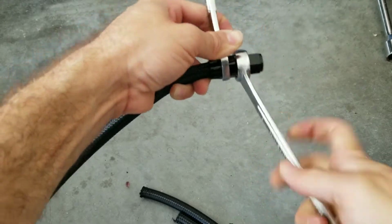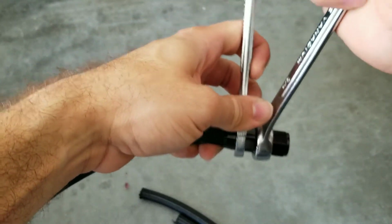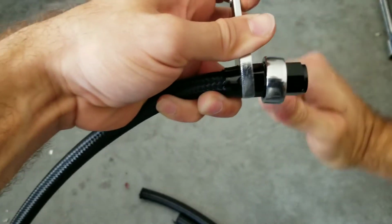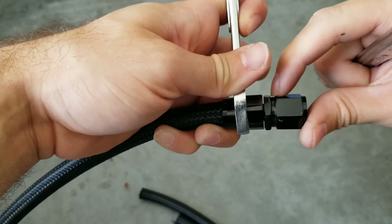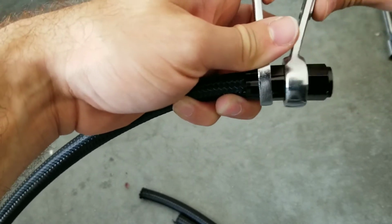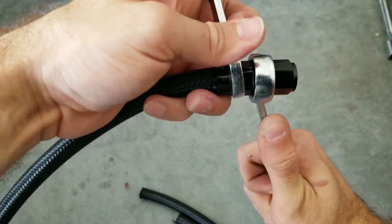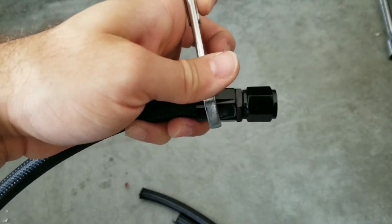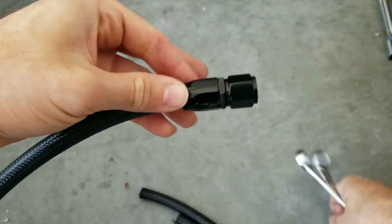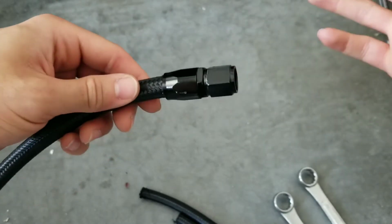You'll feel more resistance. Just make sure the hose is not coming out. Inspect it. Go ahead. A slight gap in there. It's fine to leave a little bit of the gap, not too wide of the gap. So there you go. And that's how you successfully put an AN fitting on a braided line without using a